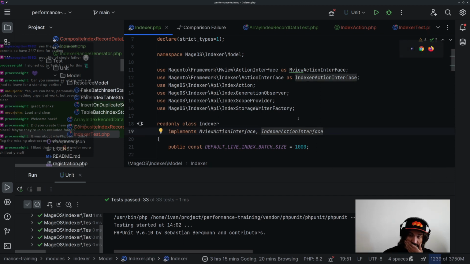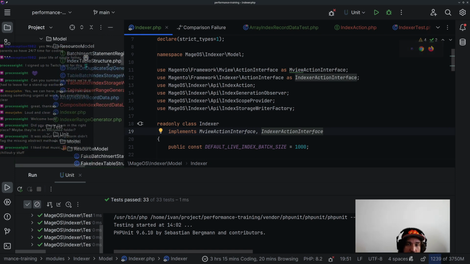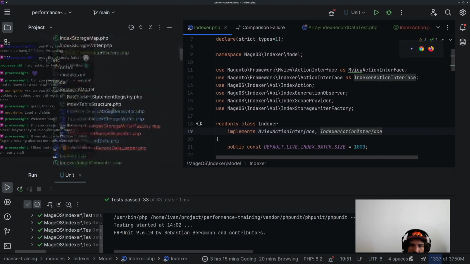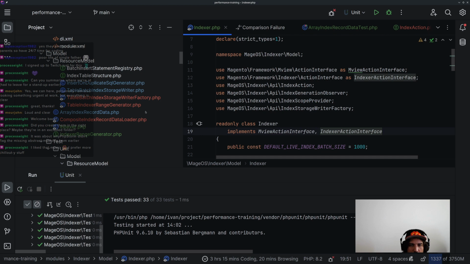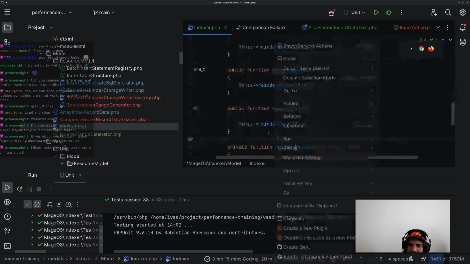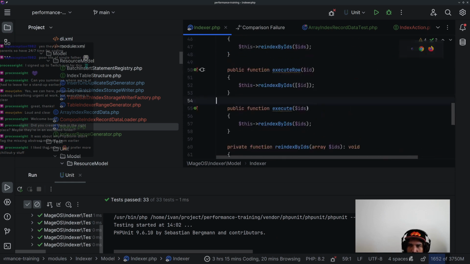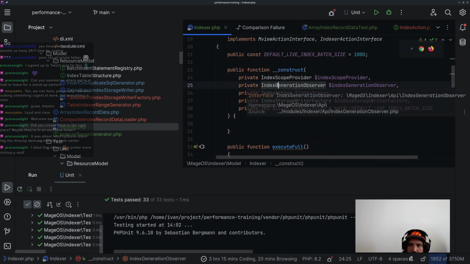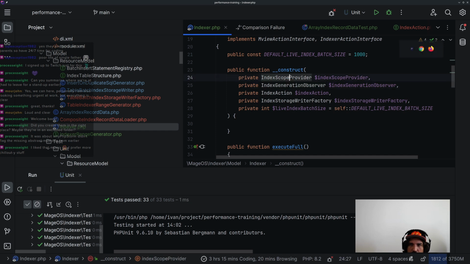Okay, that's good progress for today already. We did some good stuff related to the new interfaces we've created, and the first indexer implementation itself. So this one is gonna work as soon as we provide proper dependencies. We didn't create the scope provider yet. So the scope provider is probably gonna be